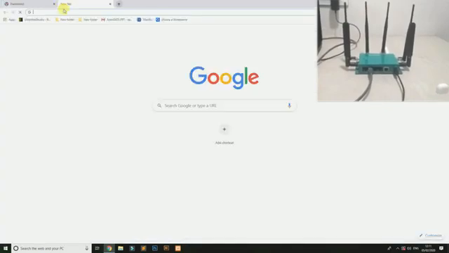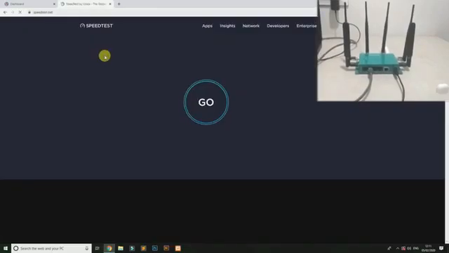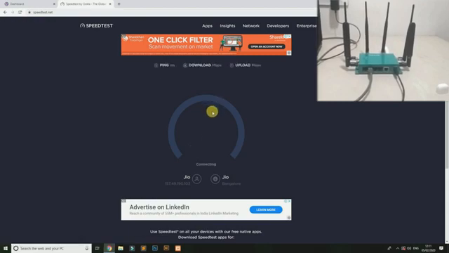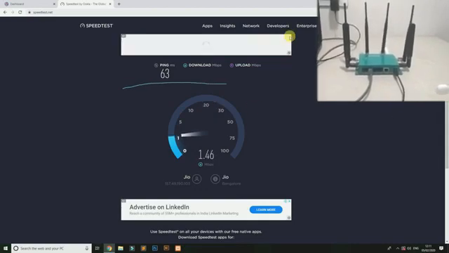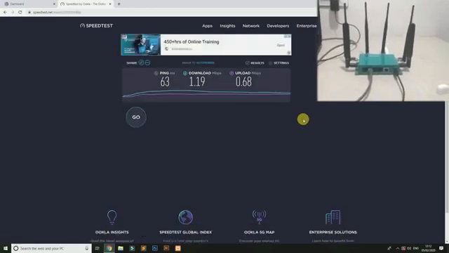To check the connection of the SIM card, we perform a standard online speed test. The results are as displayed on your screen.